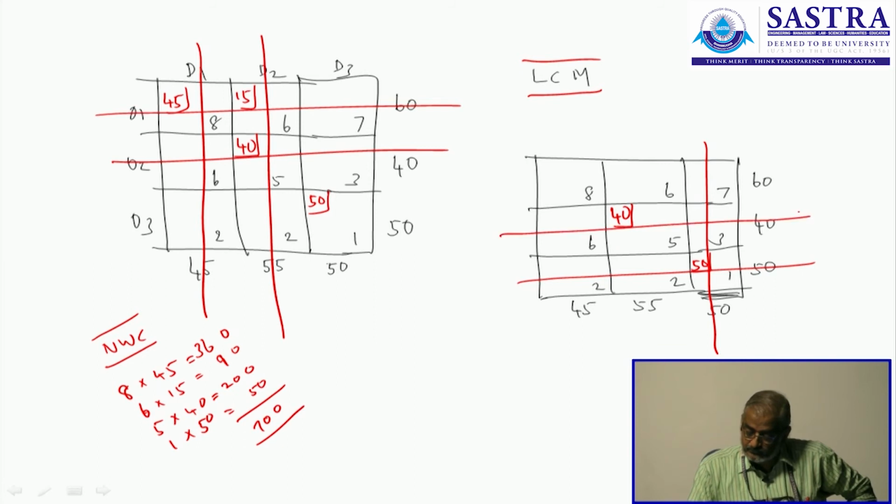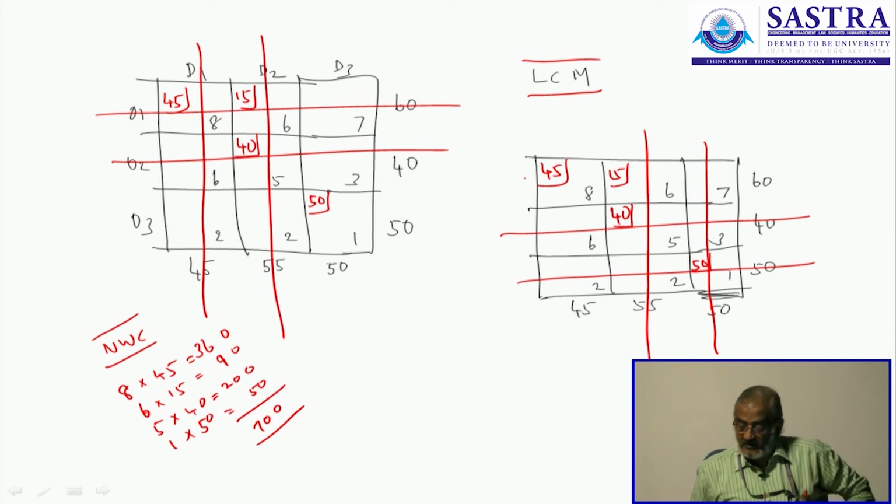So this is over. Now among the rest of the cells, 6 is least, where the demand is 55, and 40 units have already been supplied. So I can supply 15 units from that, so as to satisfy 55, so this is out. Now here the demand is 45, supply is 60 minus 15, 45, so 45 can be supplied, right. Now I have supplied all the demands. Now I verify 45 plus 15, 60, 40, 40, and 50, 50, 45, 45, 55, and 50. Now I can go for calculations.